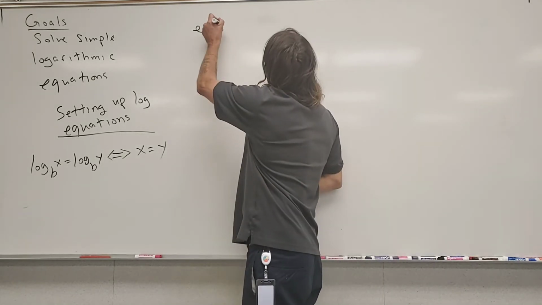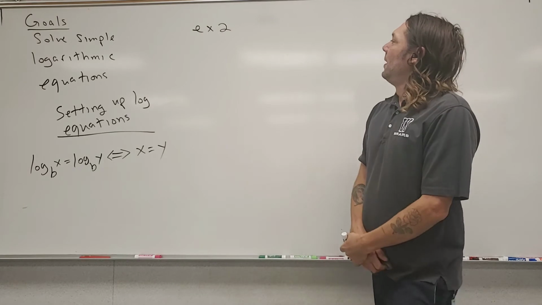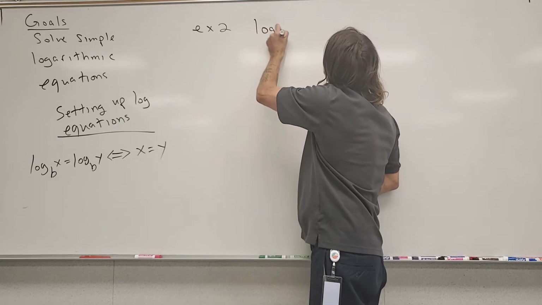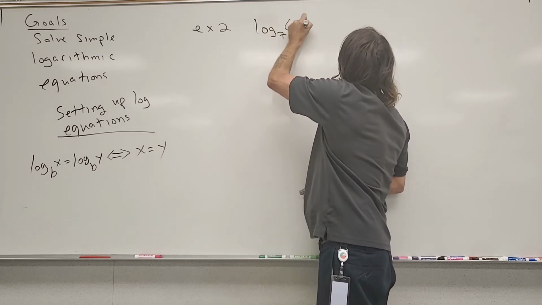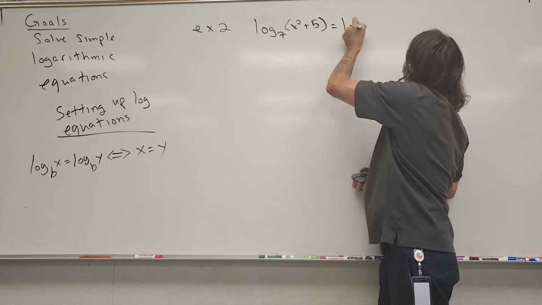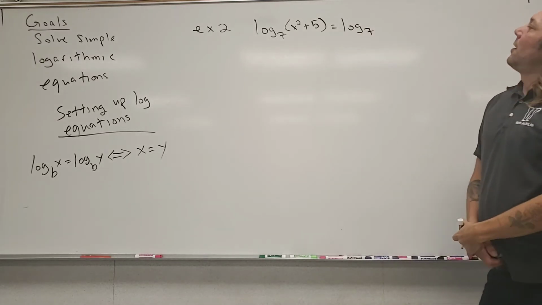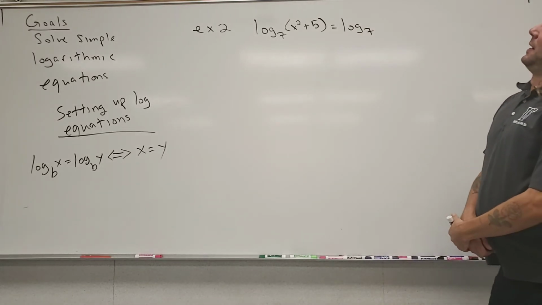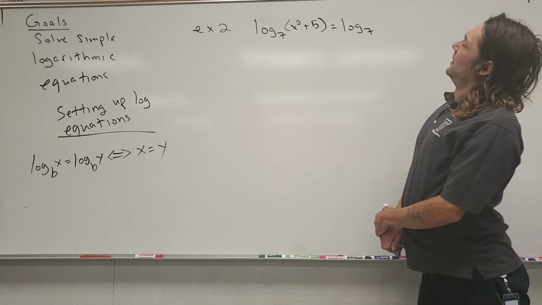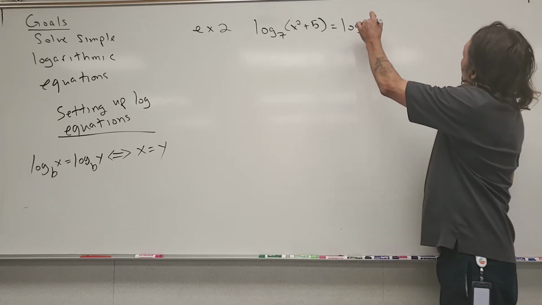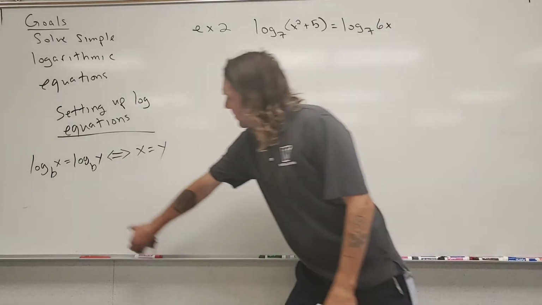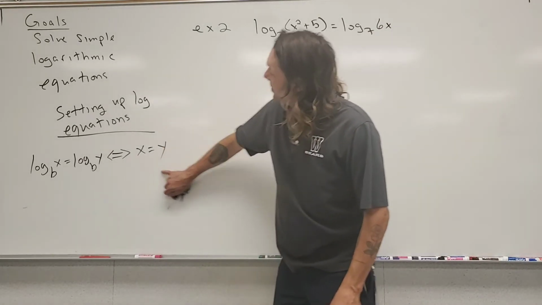So example 2, it could be a quadratic. It could be something that looks like this. Log base 7 of x squared plus 5, and that is equal to log base 7 of 6x. Okay. So again, I have this situation where I'm left with this, and I can very quickly rewrite this equation